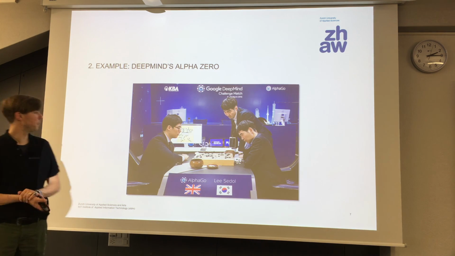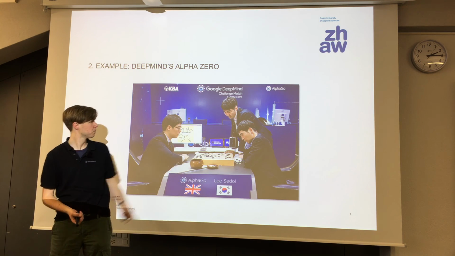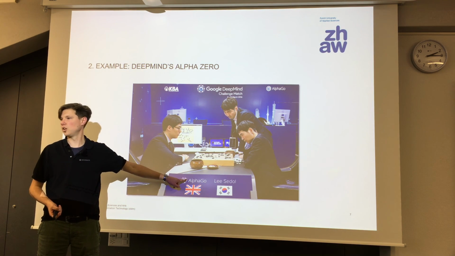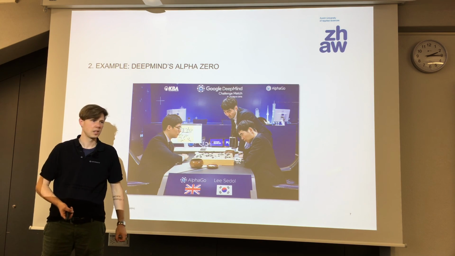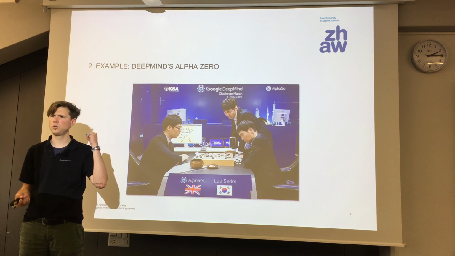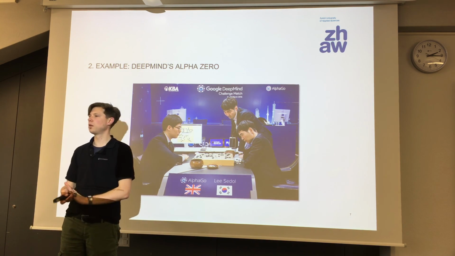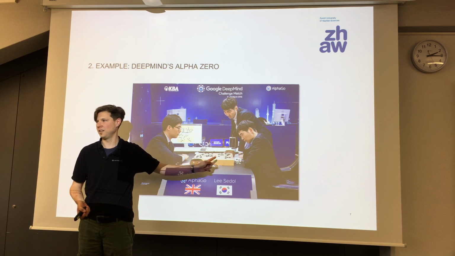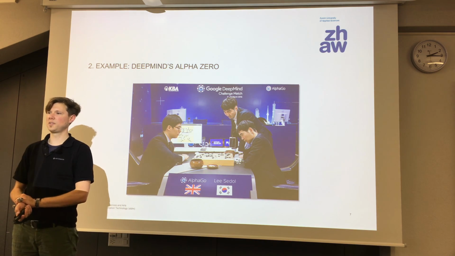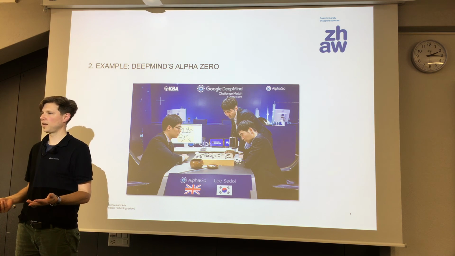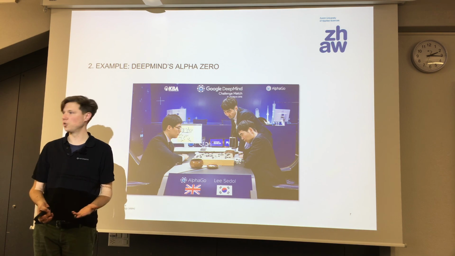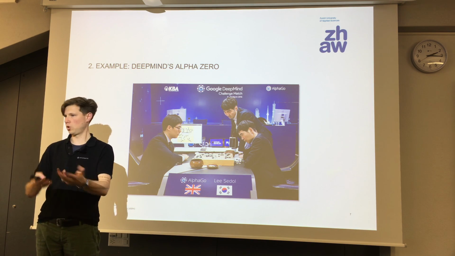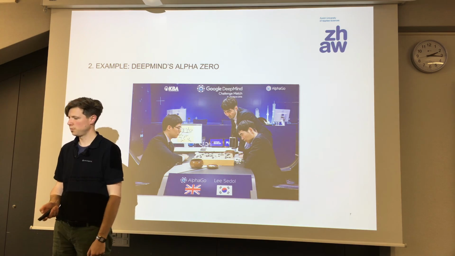Let's look into one example, and this is an example of Go, a board game. The former world champion, Lee Sedol, versus AlphaGo, the software trained by Google DeepMind. And as you might have heard, in 2016, he, very much to the surprise of everybody, lost the fight against the machine. Why was it a surprise? I mean, 20 years before, Garry Kasparov lost against a chess computer, and that was also a surprise. Chess and Go have some things in common. It's a board game with figures. Why was it such a big surprise?